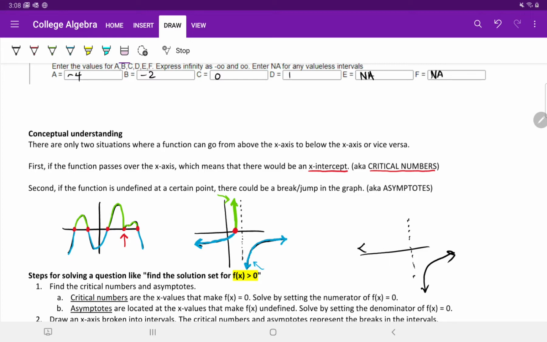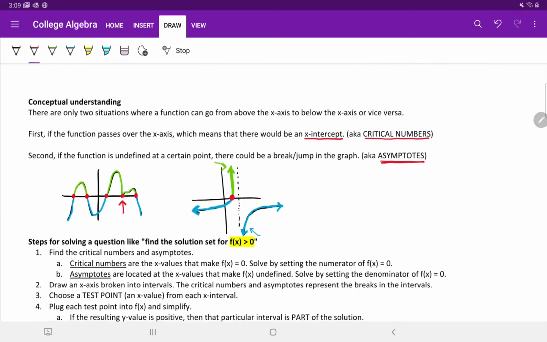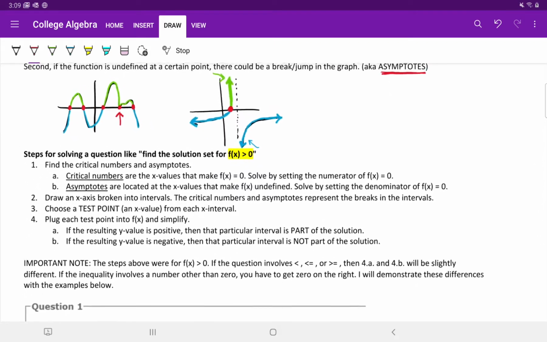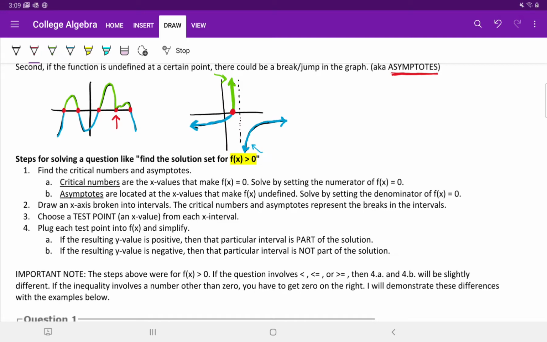So all of this is to say that we're about to show a bunch of steps to solving these types of problems algebraically, and these are the two situations that we must look for. Critical numbers, which are x-intercepts, and asymptotes, which represent breaks or jumps in the graph. And there are going to be a bunch of steps that we're going to need to do to solve these problems. So this list of steps is important. You might want to snap a picture of this from your screen or pause your video and get all of these written down. The steps for solving a question, like find the solution set for f of x is greater than 0, are